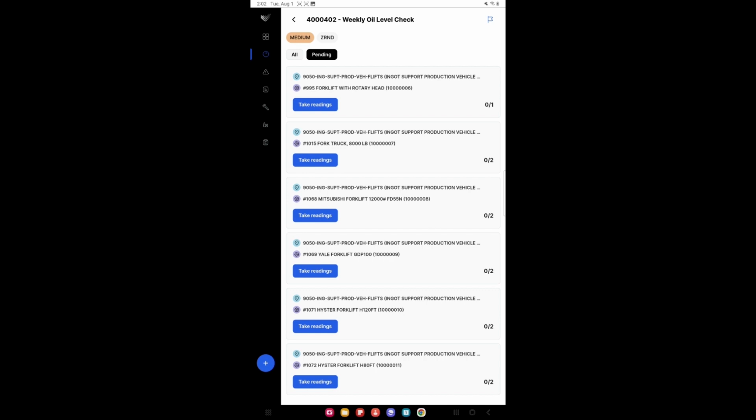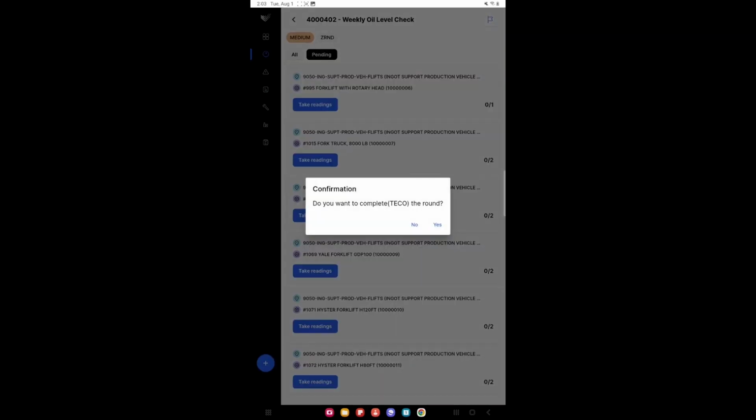Rounds is a functionality that is targeted at operators and not the technicians, and hence you do not see any maintenance related activities as a part of the rounds execution for the operators. Similarly, the operator can take readings for all of the equipment in this particular list, and once all these measurements have been taken, the operator can hit the finish flag, which will technically complete the round or the work order,